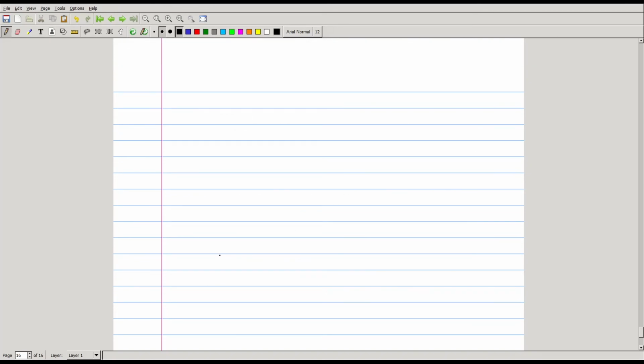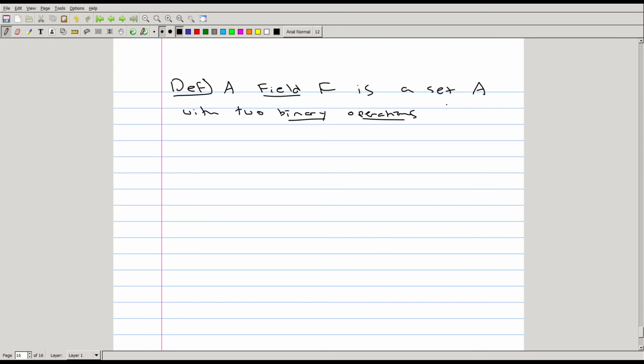Using the previous definitions, a field F is a set A with two binary operations, star plus and star dot, that, same as in the ring definition, are functions from A cross A to A,